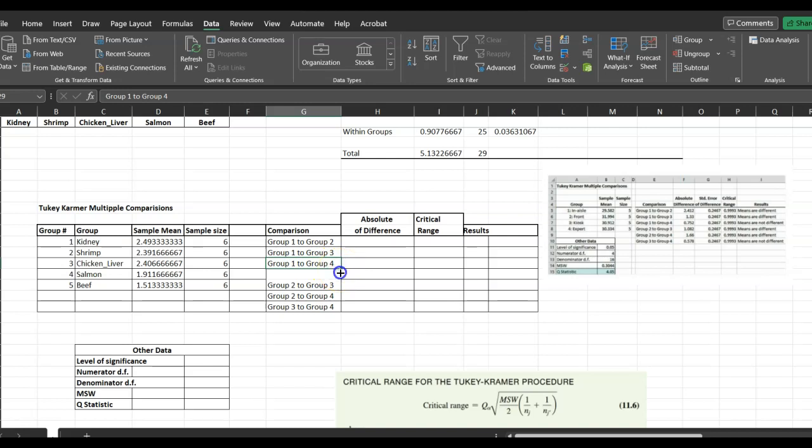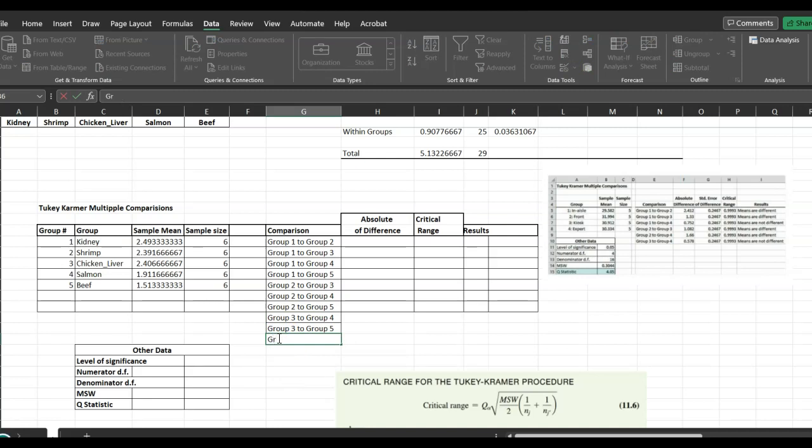So if you grab it from the corner and extend it, you're going to be 1 to 5, group 5, right? So you can use that feature. Here I have 2, 3. I want to go to 1 to 5, so I'm going to drag this one down, and I can drag this one more. So that's going to be 2, 4 and 2, 5. Then 3, 4, I need to go to 3, 5. All right. And the last one is obviously group